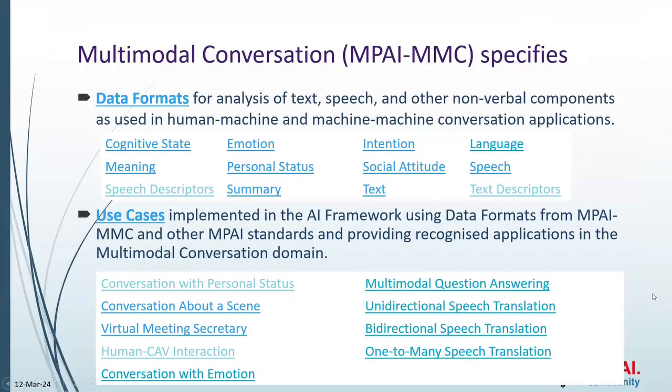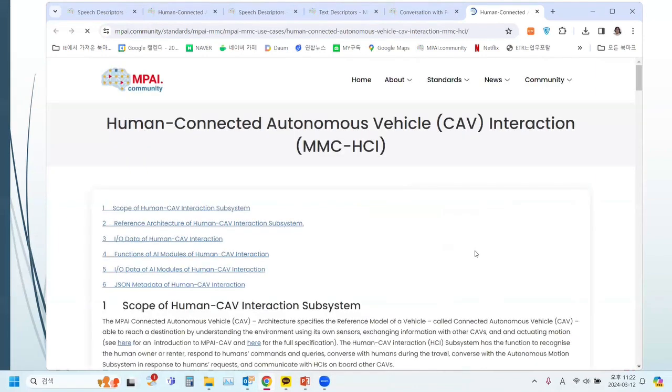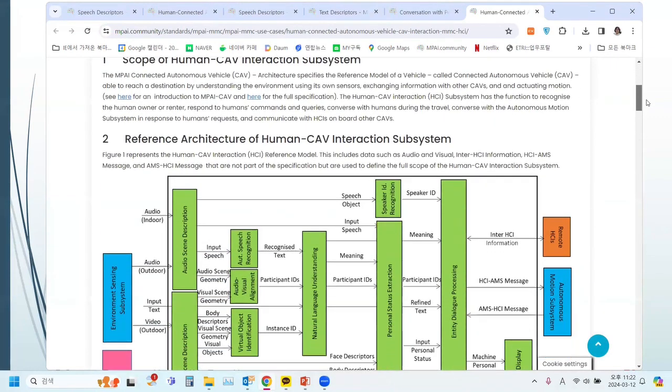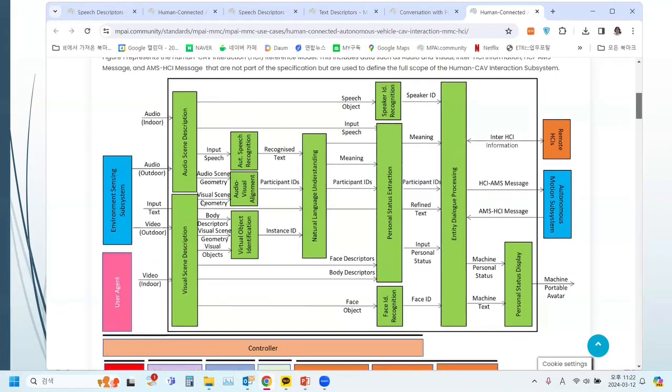Okay, and the next use case is the human car interaction. So this is between the connected car and human. You also see the scope and the reference architecture. The car analyzes the outdoor audio and input text, and the video from the outdoor and the video indoor,